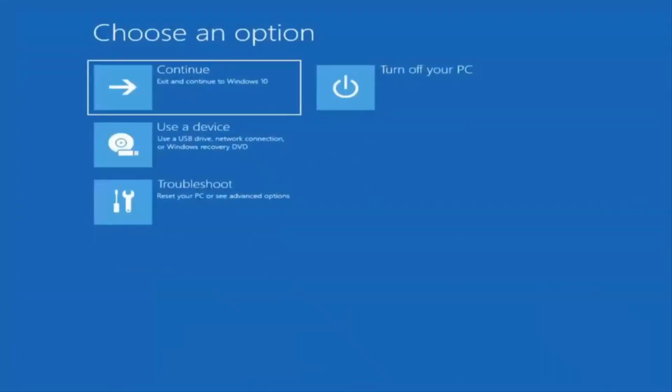First thing I'd recommend doing would be to boot to the troubleshooting utility on Windows 11. So if you do a hard power off 3 times in a row, Windows should automatically attempt to launch the startup repair utility. And if it doesn't find anything, it will give you the option to select advanced settings, in which case it will take you to a screen that looks like this. Now, if it does not take you to a screen that looks like this, or you're unable to get to that,